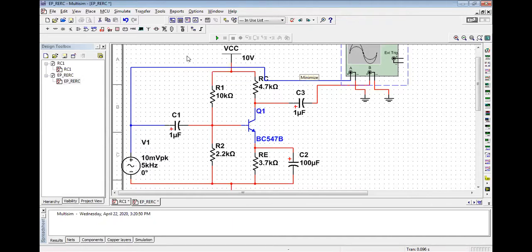Meanwhile, I got one question from Hemant: sir, in this circuit, what is the use of the C2 capacitor? See here, C2 is a bypass capacitor. If you want to understand the effect of C2, let's say I remove it from this circuit. So I have not connected RE and C2 here. So what will happen? We are going to test the circuit, and you will directly understand from the output.